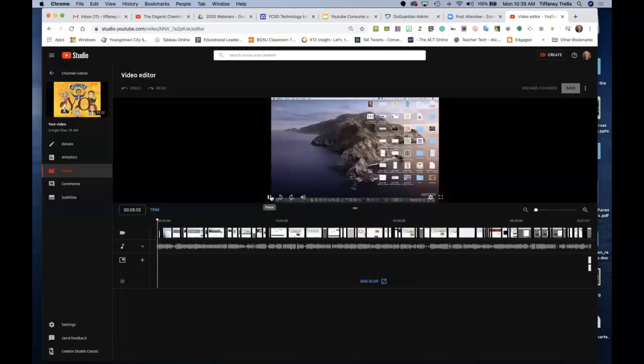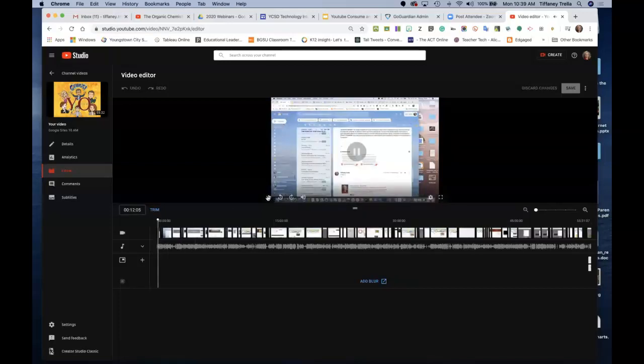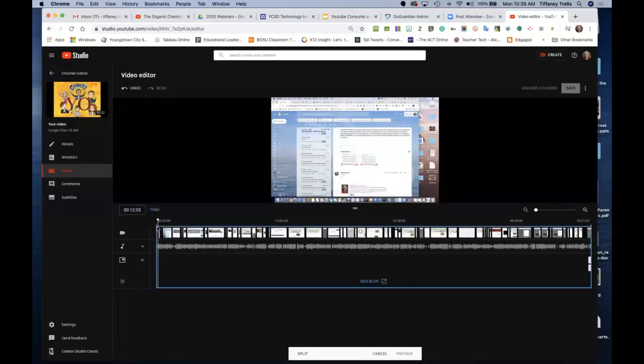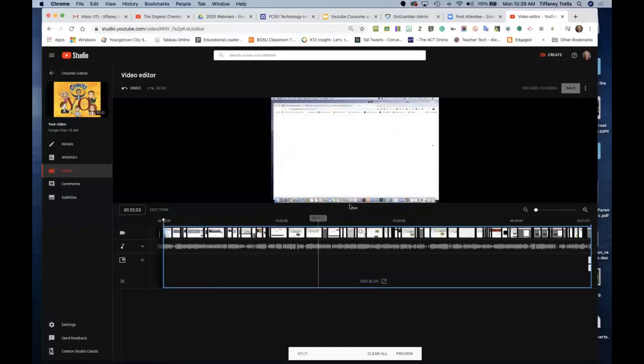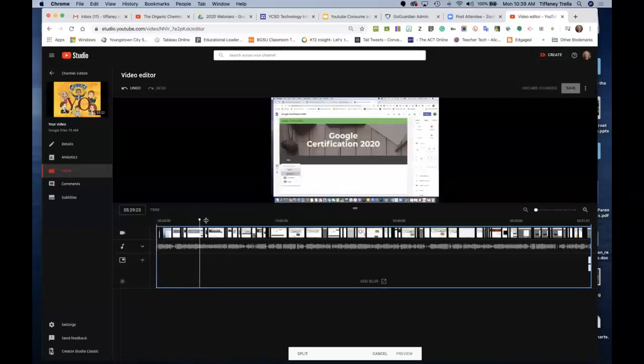So if I go through my video and I get to an area like maybe I didn't want that in there, I can hit trim and you can see this blue bar shows up and I can drag the blue bar to the area where I want to trim it. So now my video would start here. If I don't want that, I would just drag it back and open it up. So if I get to another area,